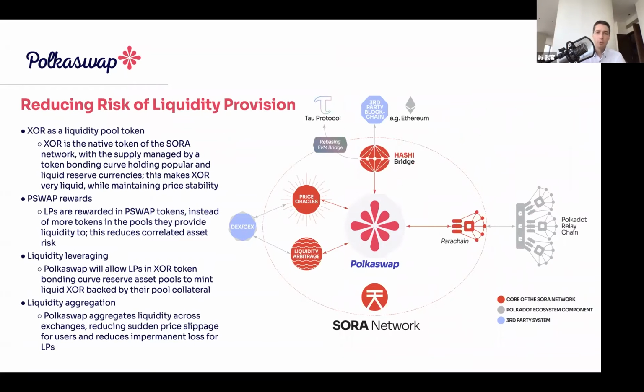So what we do is we use ZOR as a liquidity token pair. When you provide liquidity on the DEX, you always have to do it with a ZOR pair, which I'll show you in the demo. It's a little bit of a controversial opinion or design decision, because ZOR is not a top 10 crypto yet,